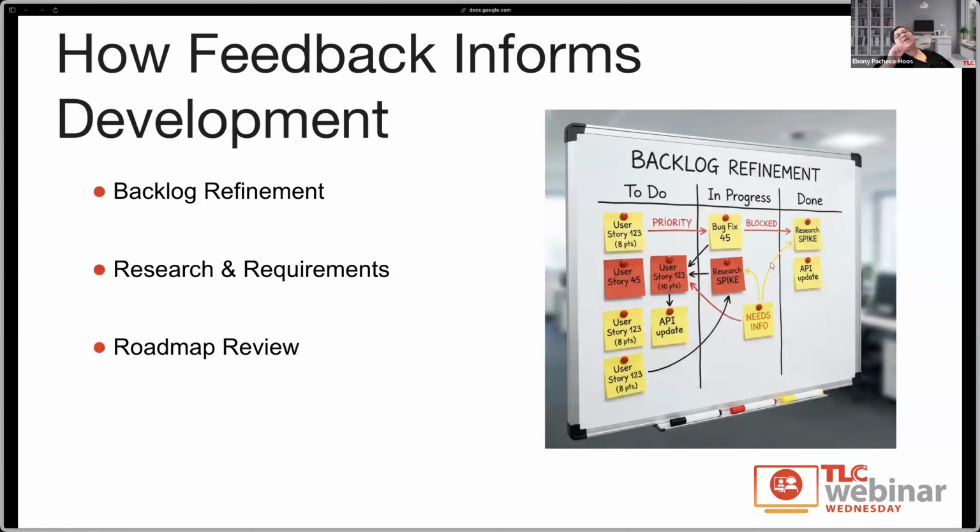So how do those ideas inform our development? There are three main areas of how the product team will look at and utilize ideas within our ideas portals as we're building up our roadmaps, refining our roadmaps, and looking at plans overall. First and foremost is general backlog refinement. As a product manager or product owner, the team will go in and review ideas as they come in. We call this our triage stage.